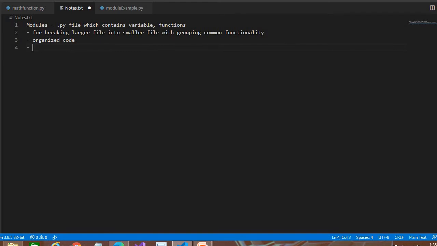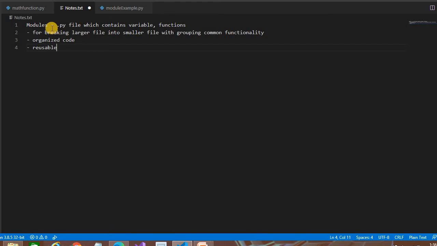Suppose we have declared one module, like a database connection. We can pass the connection string, and based upon it, it will return the connection, like an Oracle connection or SQL connection. And it can be used in various other projects also. So you can make the code reusable.